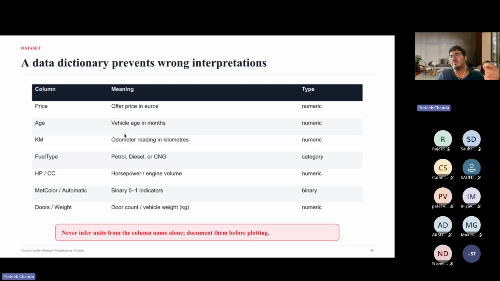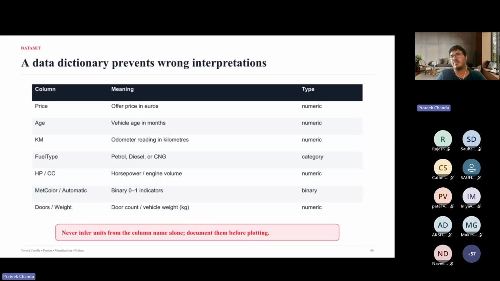Some can be a binary feature, a true or false kind of setting. For example, in this particular case, whether the car is automatic or manual is a binary indicator, whether it's automatic or not.